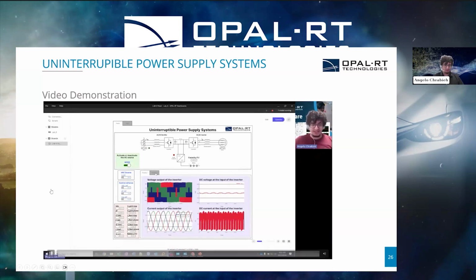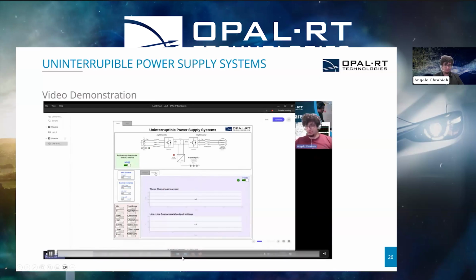I will focus more in this case on display 2, because this is the new part. So here we're gonna simulate what will happen. We make sure first that the trigger is on. We're gonna simulate what will happen when we have a power outage. So this switch allows us to select if the AC source is providing power, so the LED is green here, or if we switch it to off, then we have a power outage and the battery will be the one providing the power. As you can see here, the battery is slowly charging, but if I click on this,